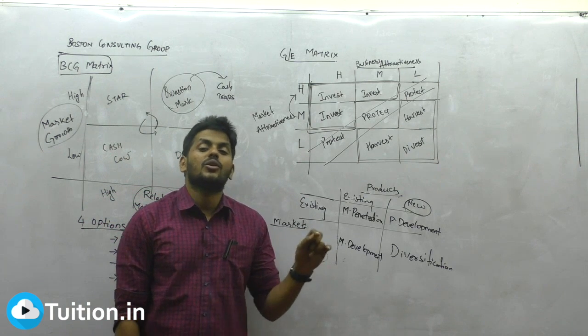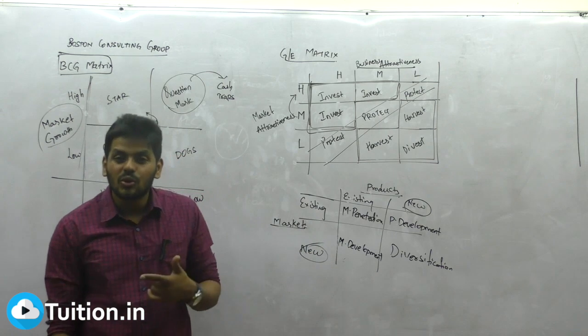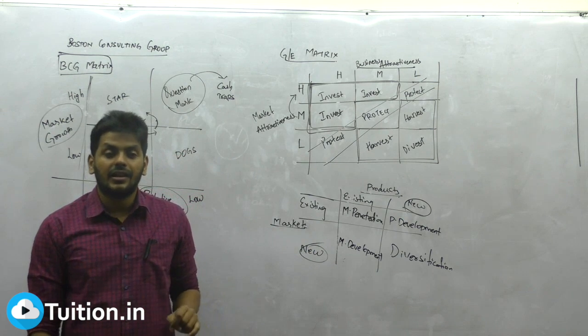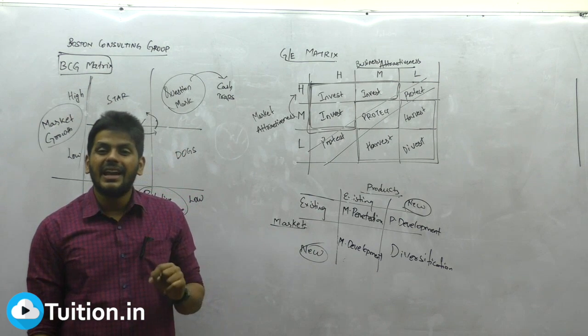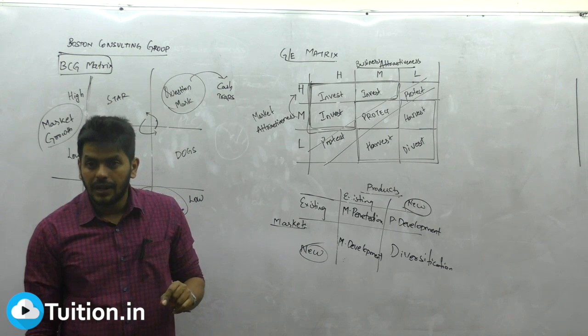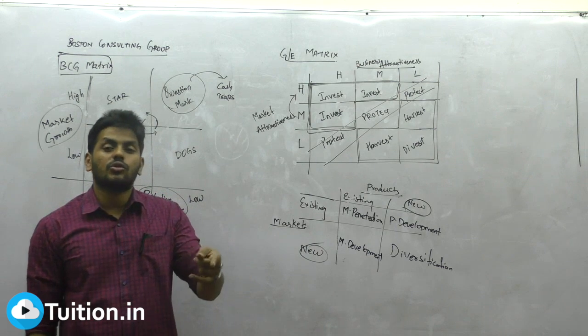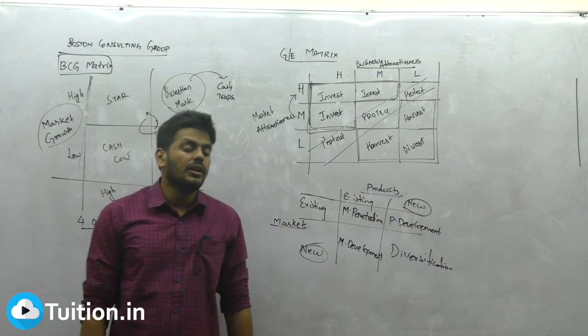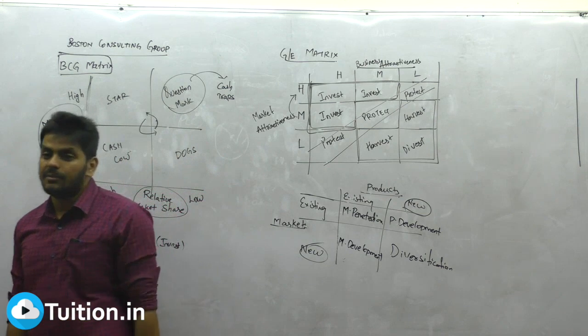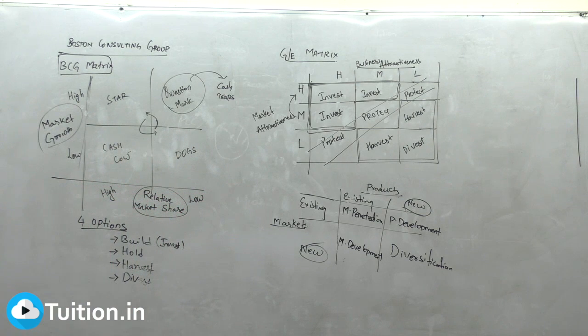I want everybody to take a couple of minutes and go through all these three portfolio strategies. We have one left called the ADL matrix. Before I do that, I want everybody to go through all the three that we discussed right now. Then we'll go about discussing the ADL matrix. What about the Arthur D. Little matrix? I'll discuss in a minute. I want you to go through that.